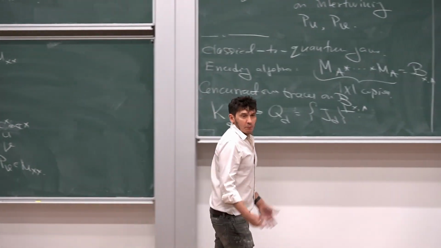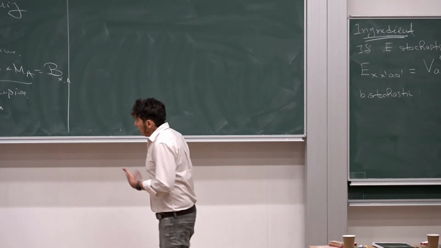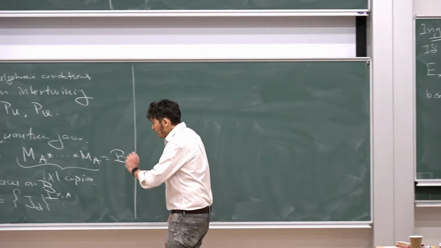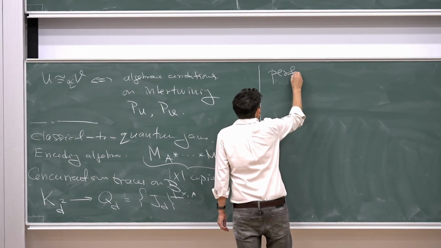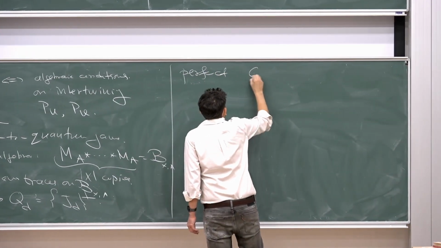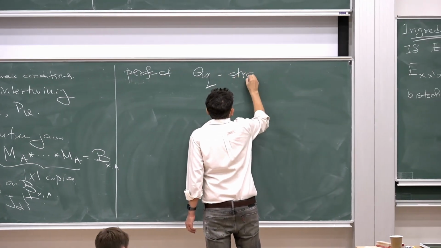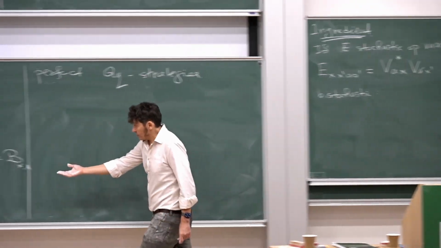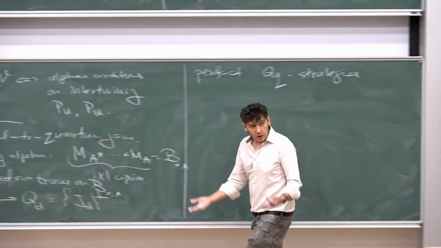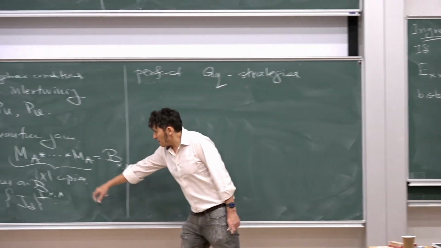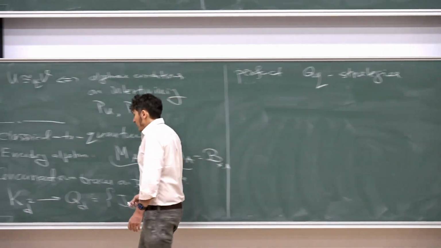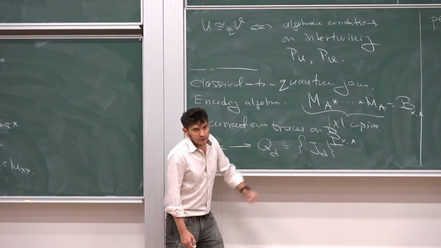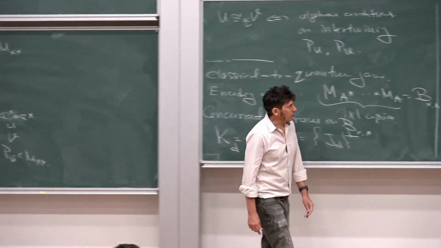So this is the quantum version of a complete graph. If you try to play this game, what you will observe is that the perfect quantum strategies, so it will be Q sub Q strategies, have to be concurrent because I'm playing a graph homomorphism game after all. So I insist on concurrency plus perfection for this game. Perfection means something like that, right? If I'm given two different vertices, the output has to be orthogonal to the maximally entangled state on the other side. That's the only condition.